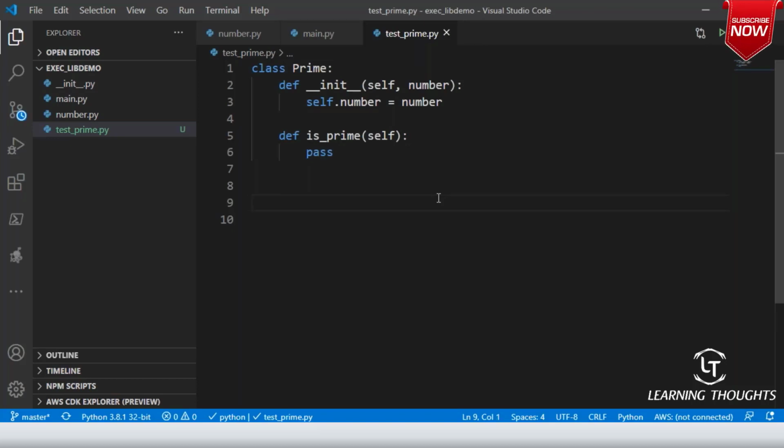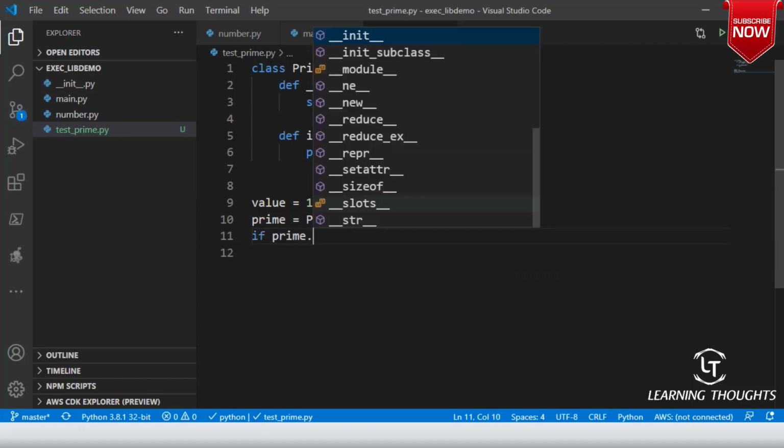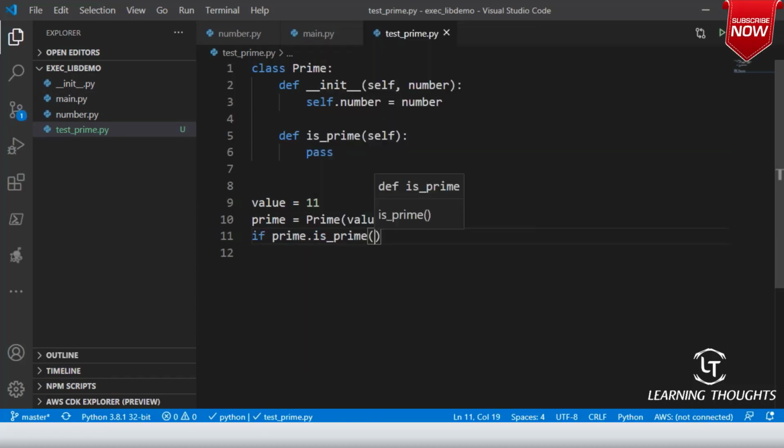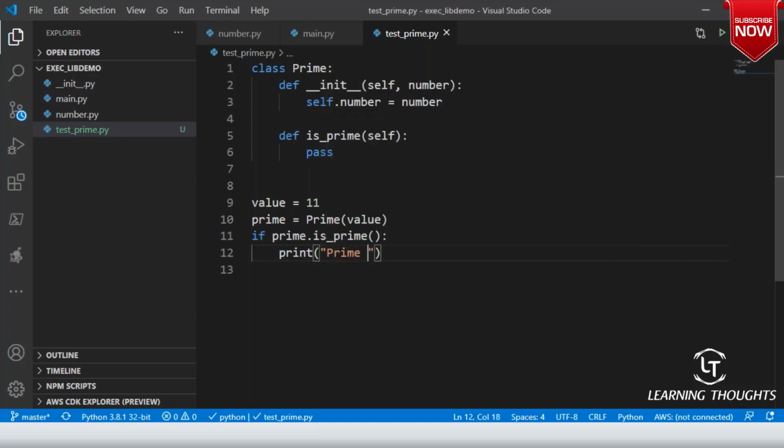So in this code, if I write value = 11, then prime = Prime(value). If prime.is_prime(), print prime number, else print not a prime.